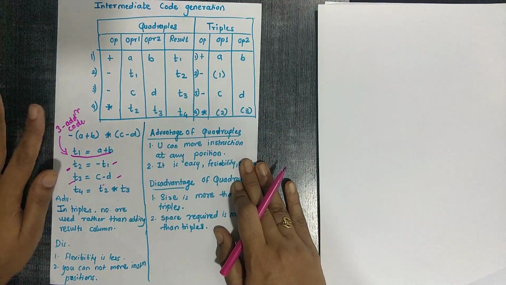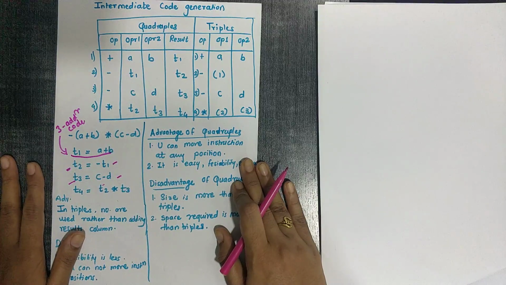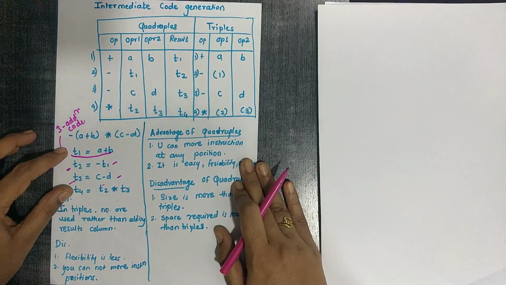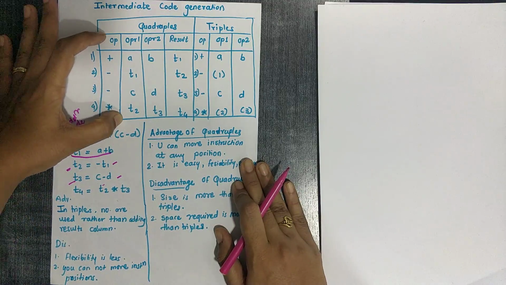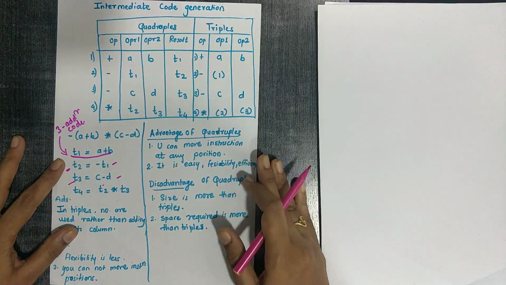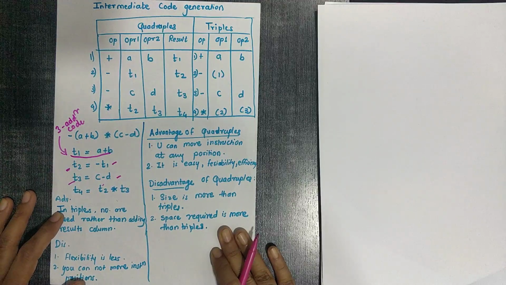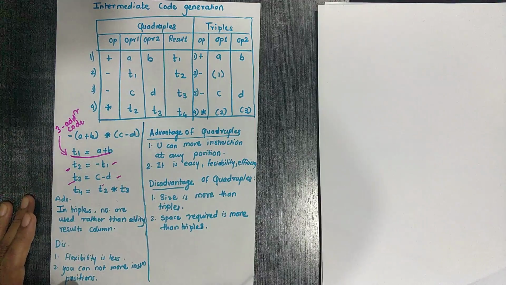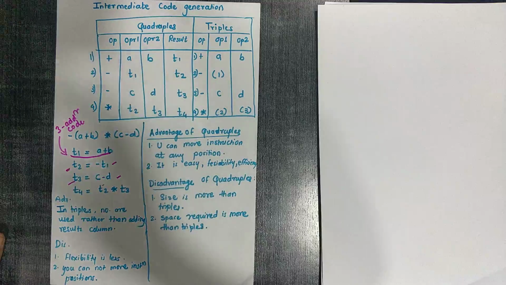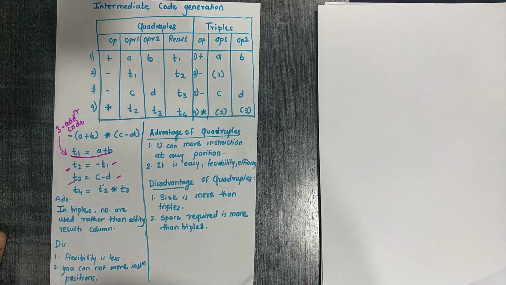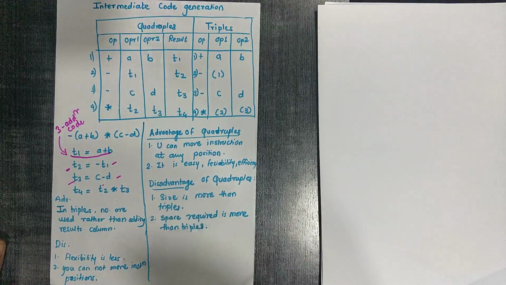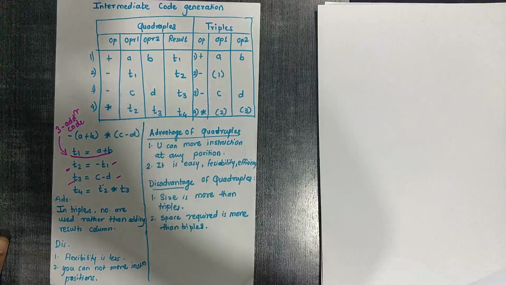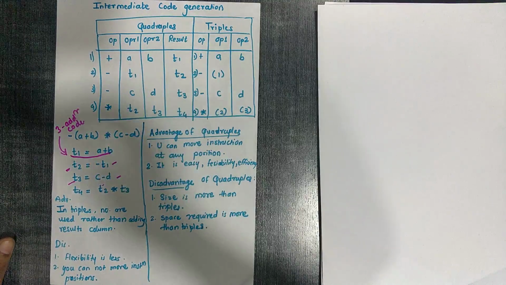Okay, this is all about intermediate code generation. What are 3 address codes, how to generate 3 address codes, how to reflect these 3 address codes in quadruples and in triples. I hope you get this concept. It is very easy, and I hope this video may be helpful for you to understand intermediate code generation. In the next video, we will see examples on this intermediate code generation, what kind of examples are asked in examinations, that will be covered in the next video, that is part 2.